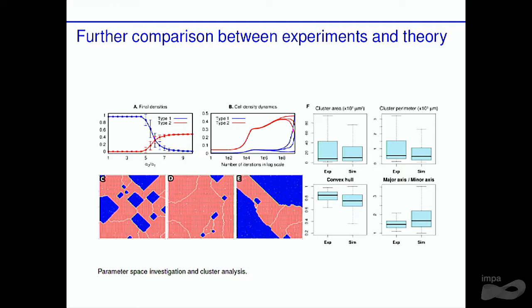This is the final density of tumor and normal cells. We see that when the normal cells division rate is about 6 times greater than the tumor cells, the normal cells may become prevalent within the domain at the steady state regime